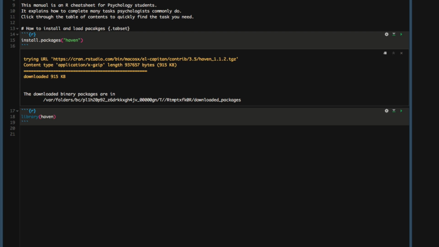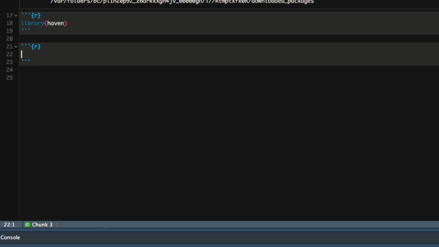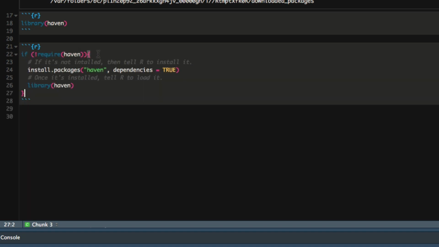My solution is to use a slightly more complicated piece of code. I'm going to paste it into this notebook here. First, I'll insert a new chunk of R code. Then I will paste this slightly more complicated bit of code. I'll explain step by step what's happening. First, this code checks if Haven is already installed. So it says, if require Haven. Now, the require function